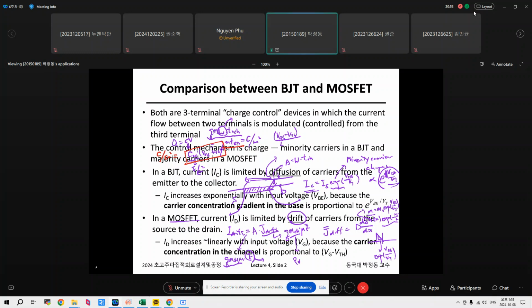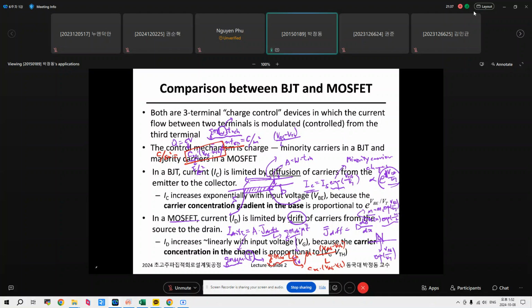So J drift was Q N channel, and this is T channel, right? So this is given by Q N channel and T channel and mobility mu, and this is VGS minus VTH divided by L, and as we observed before, this is Cox multiplied by VGS minus V threshold. Okay,